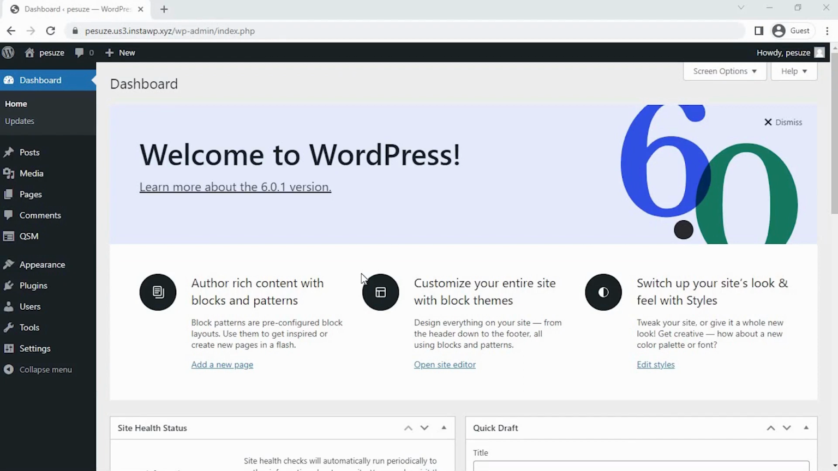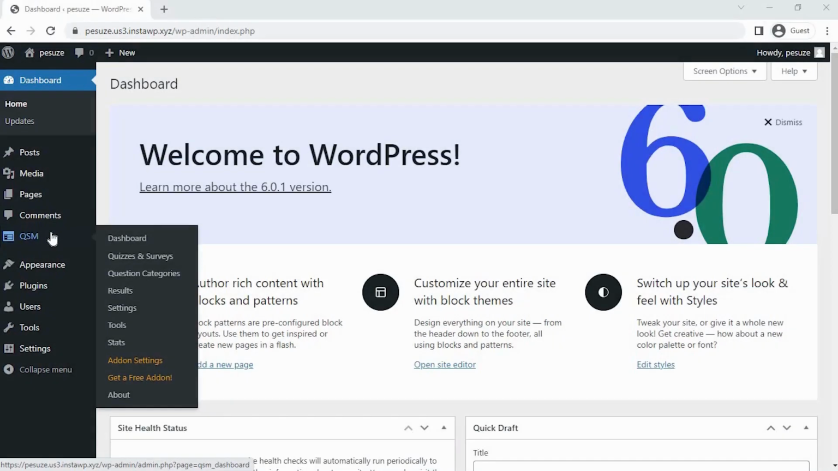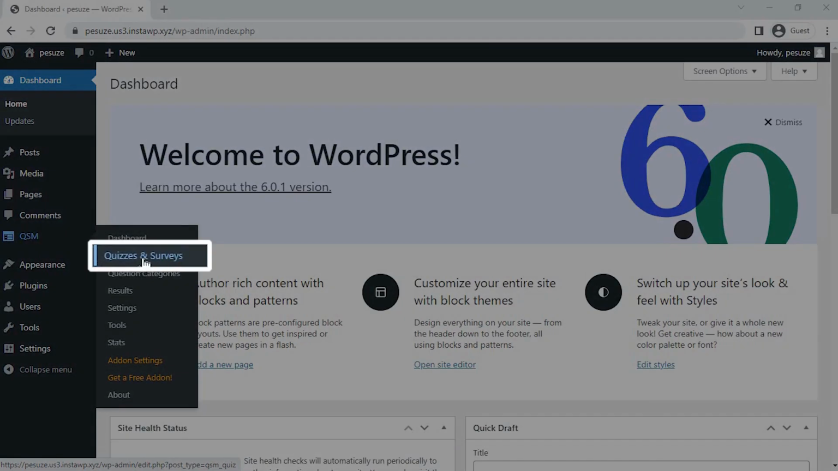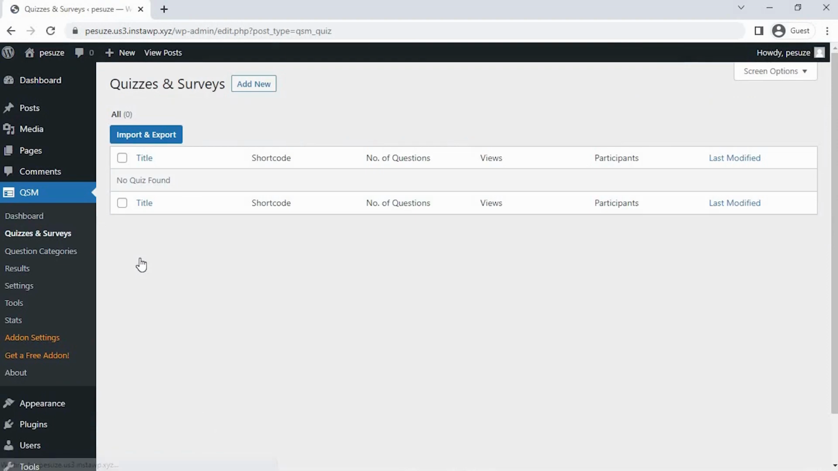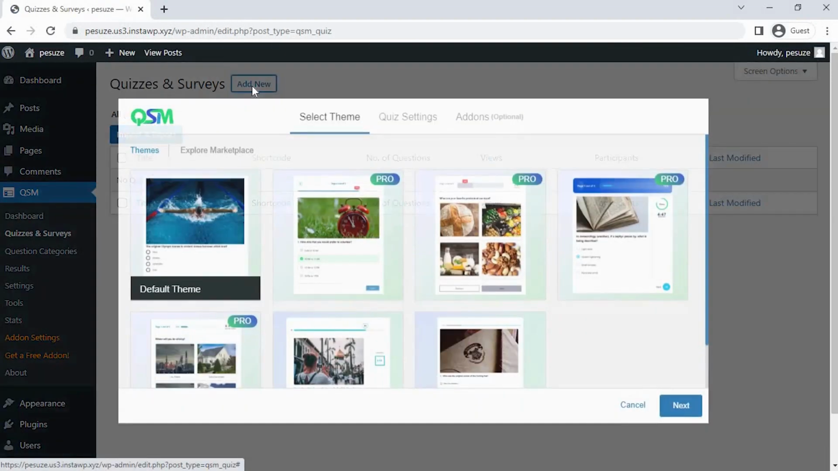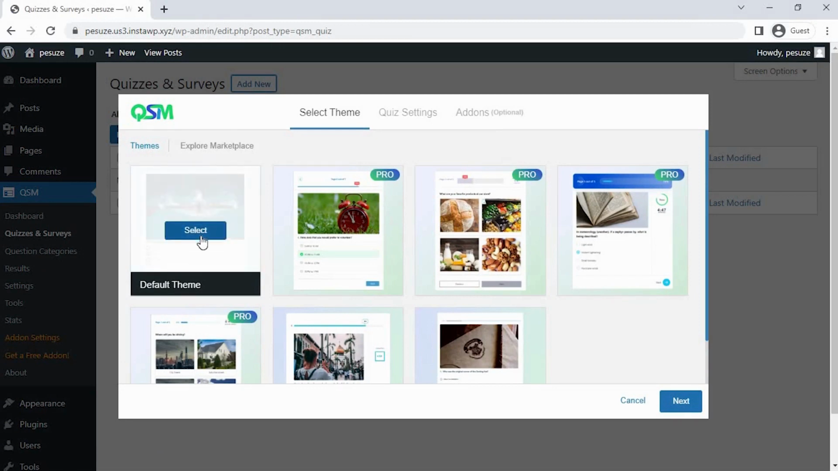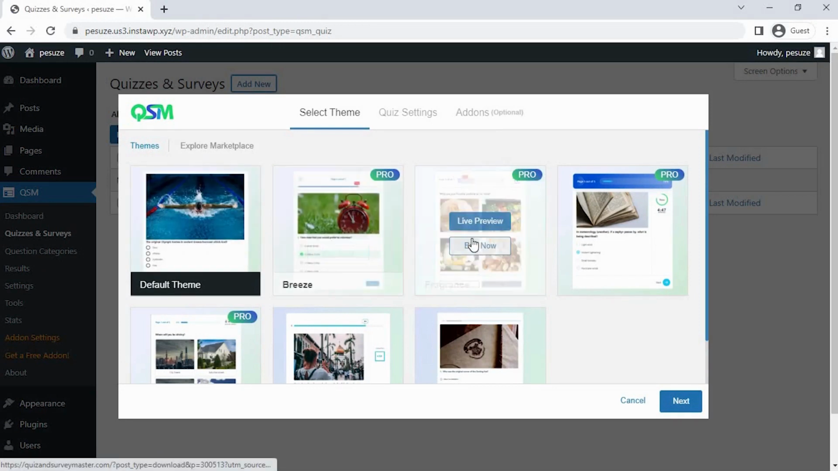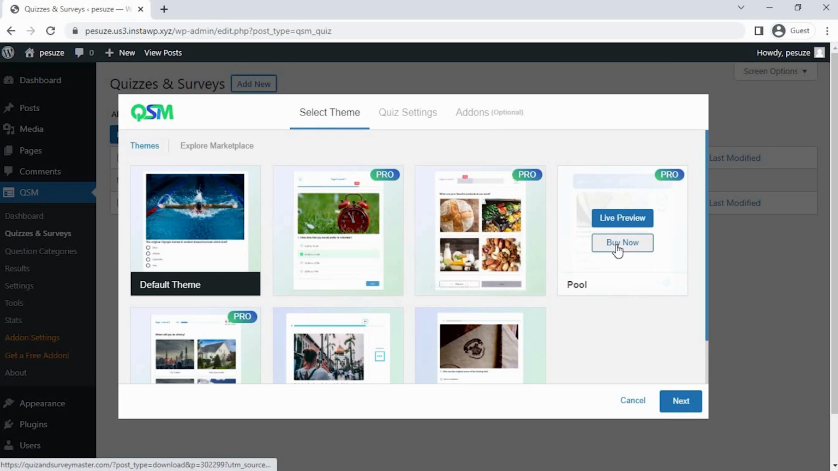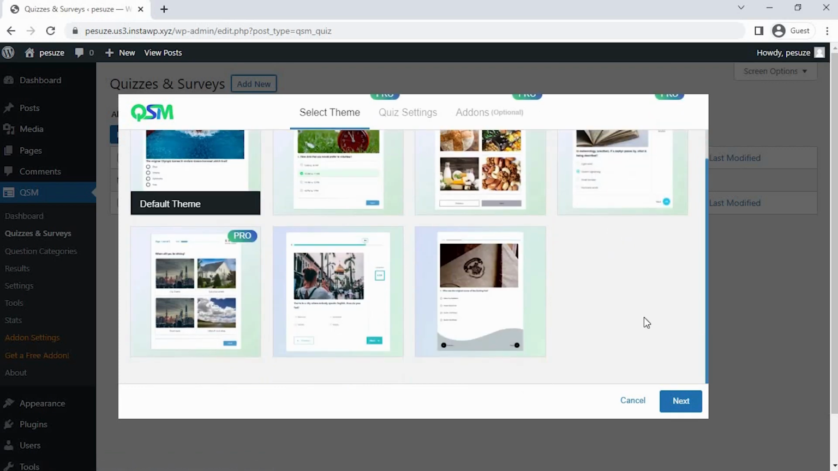Let's start by creating an application form. The first step is to hover over QSM and then click on Quizzes and Surveys. Okay, so once you click on Create a Quiz or Survey, the first thing we see is to select a theme for the quiz. QSM has 6 stunning themes, but for now, let's go with the default theme and click